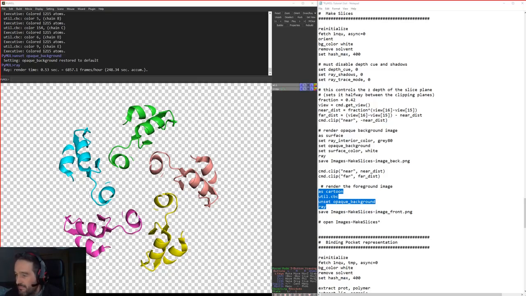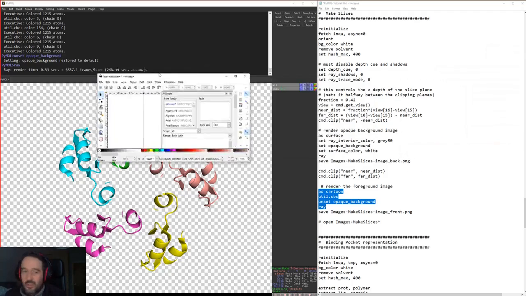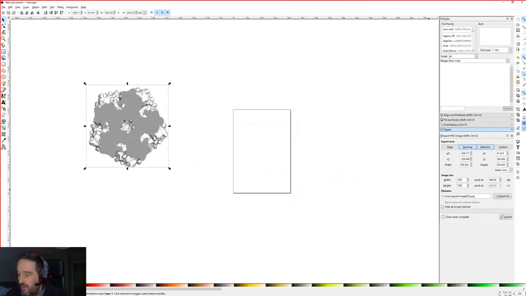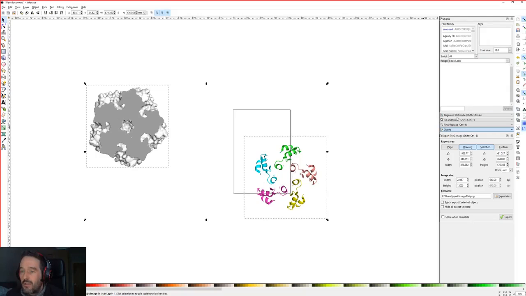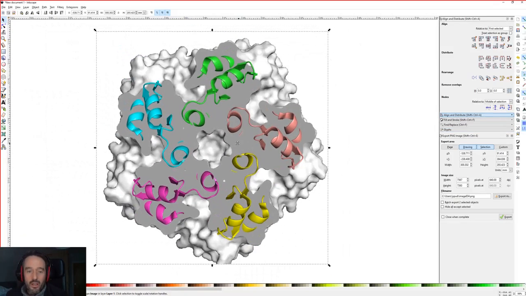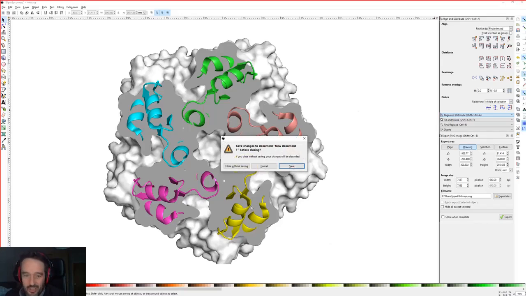guys independently, and then you can open up your editor of choice, and you can bring in your two sections here that you've got, and then you can combine them together, and you can get again a different representation, or style of looking at your molecule that might be of interest to whatever it is that you're studying.